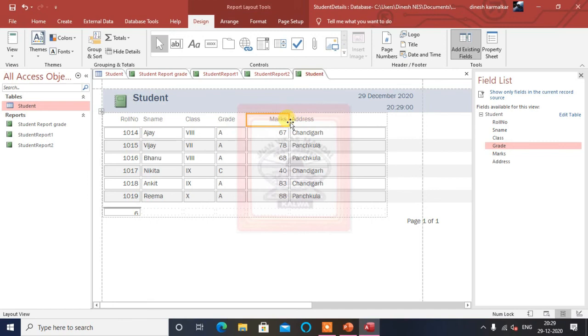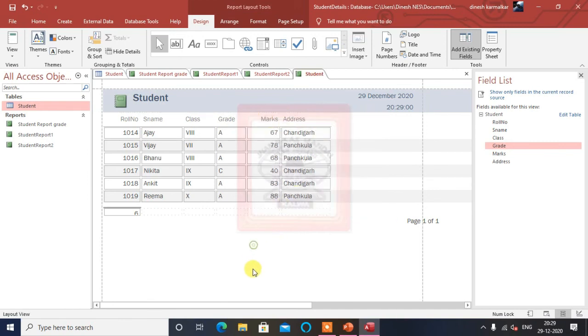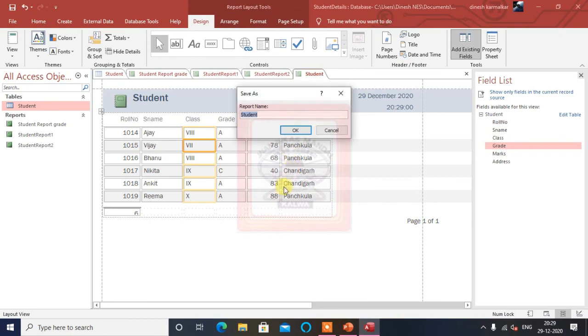Grade, then marks, then address here. So again this is the same way as what we have seen. I will save it and give it the name student report 3.